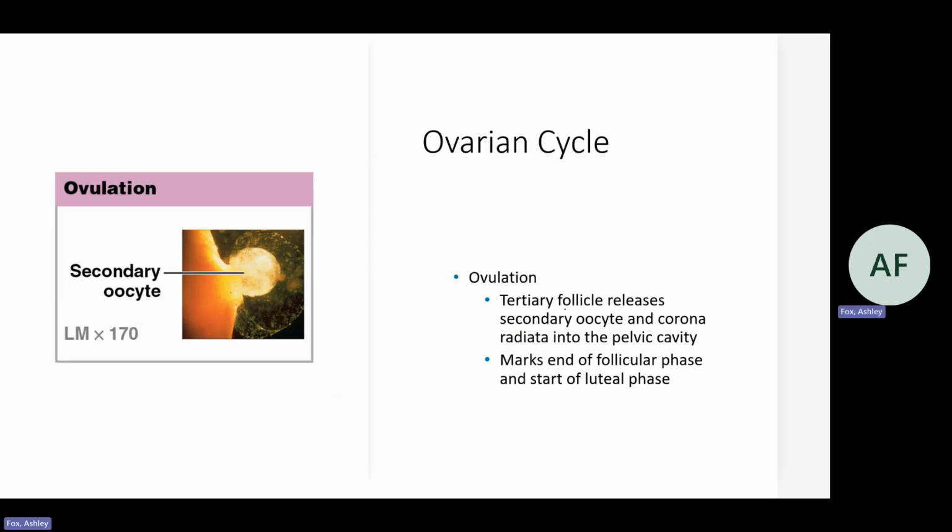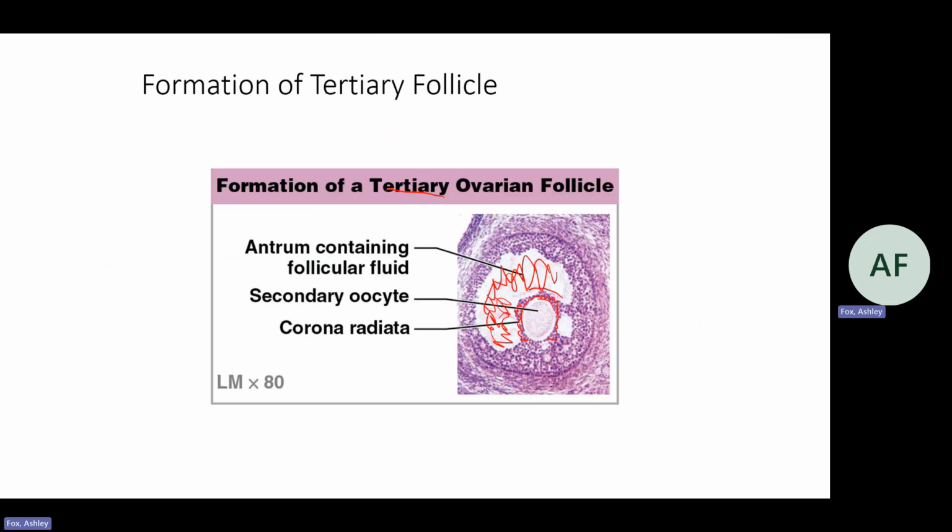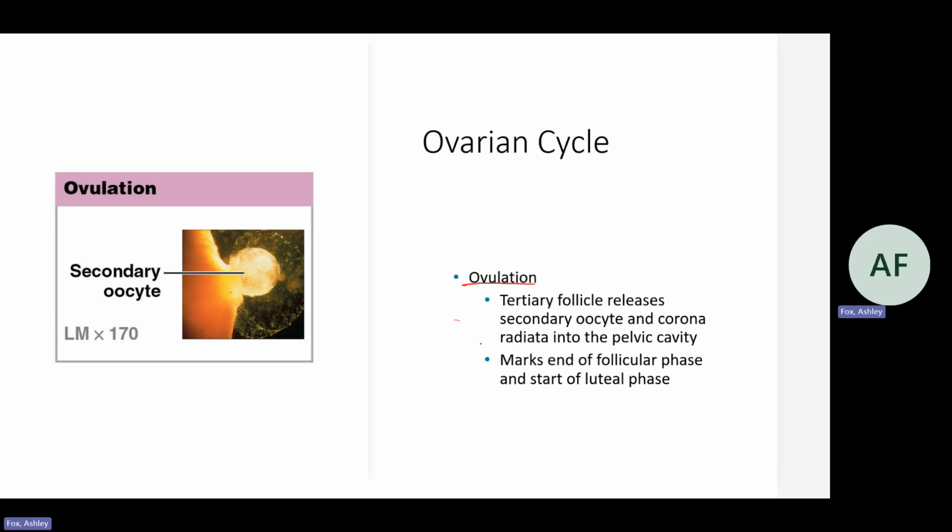The tertiary follicle eventually gets to the point where ovulation of the secondary oocyte occurs, and it takes the corona radiata with it. So all of this section is what's going to be ovulated. So it's the secondary oocyte and these granulosa cells that are surrounding it, called the corona radiata. So all of this is actually ovulated, and it's going to go into the pelvic cavity, because if we looked